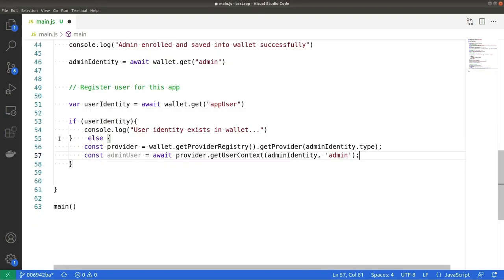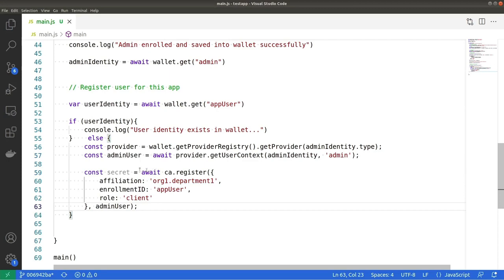Next, we will define adminUser as provider.getUserContext, passing the admin identity and admin. So, it will get the admin user, and then using this admin user we will create the certificate and credentials